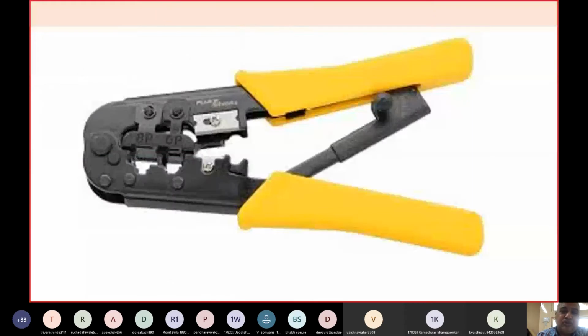Now this is a tool. If you see, this is what we normally call a crimping tool. This crimping tool has the capacity to cut the cable by using this cutter. At the same time, all around here where my mouse is moving, you can also remove the plastic coating by moving this portion over the cable. The plastic portion can be automatically removed. If you want to cut, you can cut it over here.